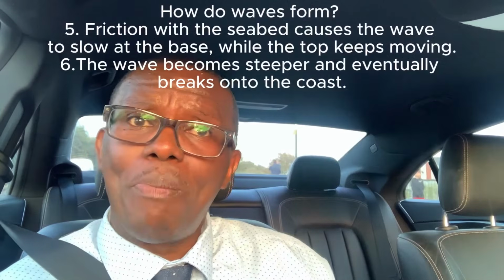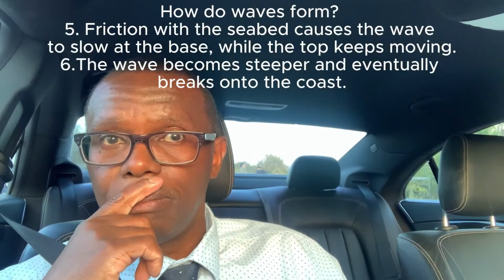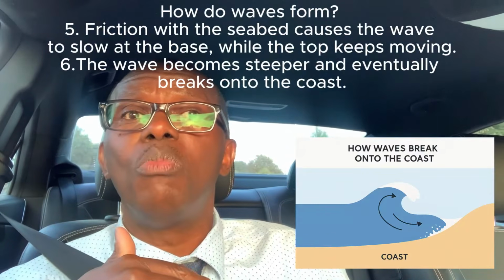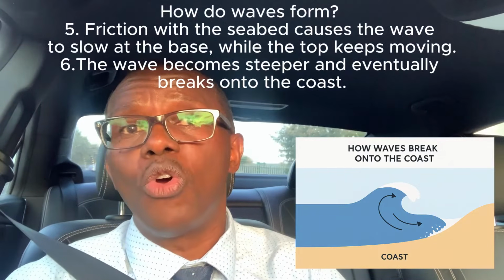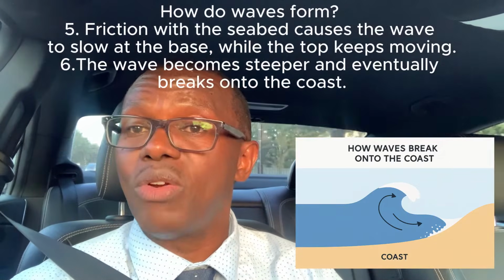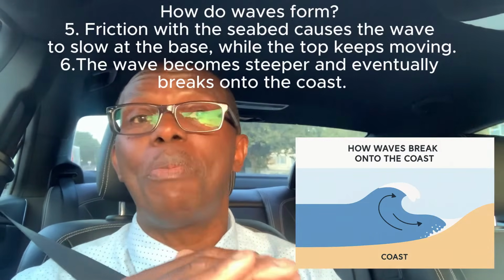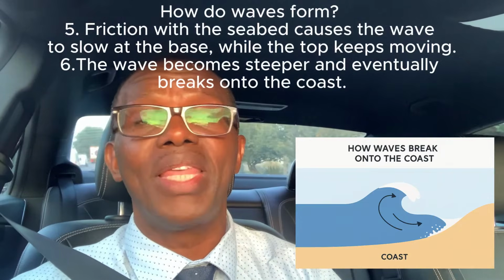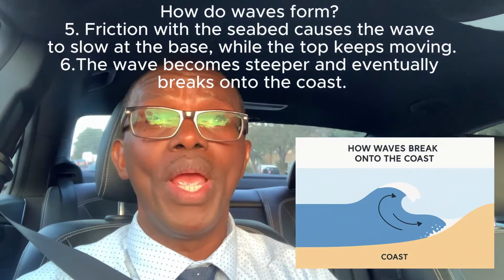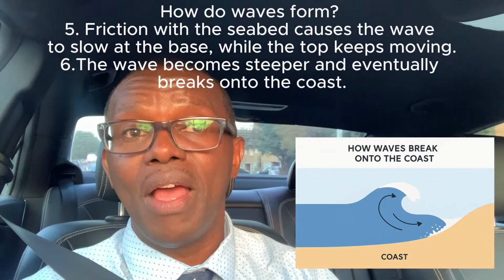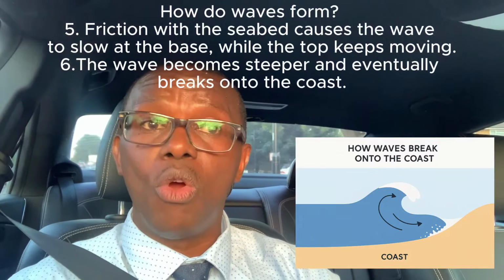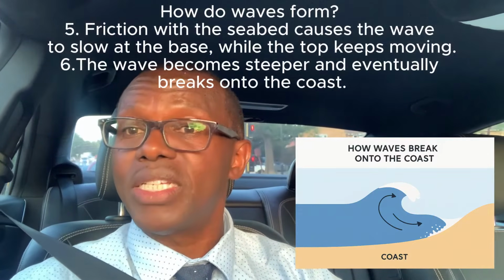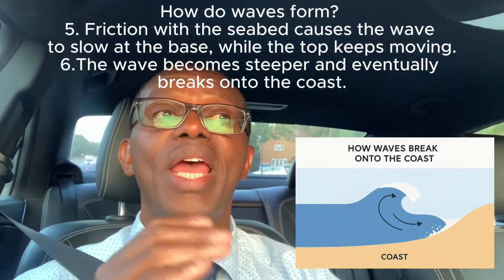Now, as the seabed becomes shallower, that means that the bottom part of the wave is going to experience a lot more friction. And that friction is going to cause that bottom part of the wave to slow down significantly compared to the top part of the wave. Now, the top part of the wave is called the crest of the wave. So the crest of the wave will ideally be moving faster than the bottom part of the wave, because this bottom part of the wave is experiencing this friction that is being caused by a shallower seabed,